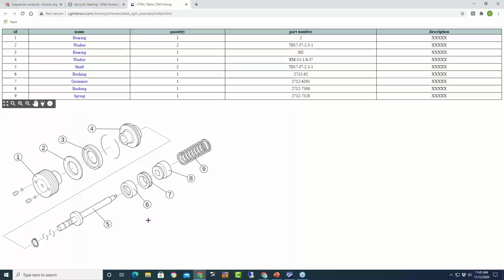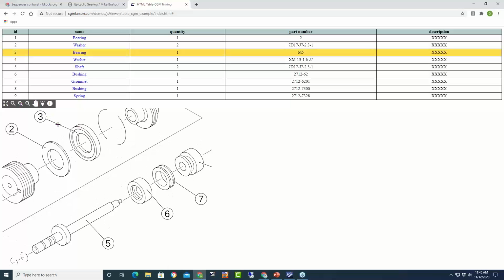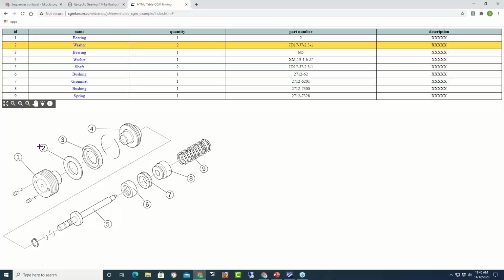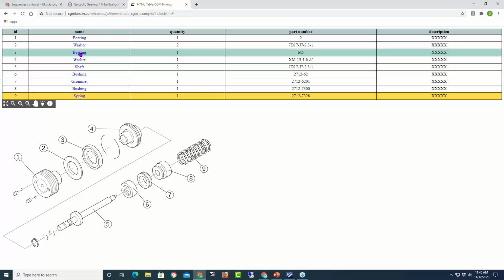So this is a CGM file, and there's no plugin. It's in a HTML page. We have no plugin. So we can still zoom in. We can go to the extent. We can pan around. We can see hotspots. And we've actually linked it here to the graphic. So if you notice I go over the graphic, it gives me a tooltip, but it also highlights the very small parts list. So no plugin, VisX View HTML5, and it works the other way as well.